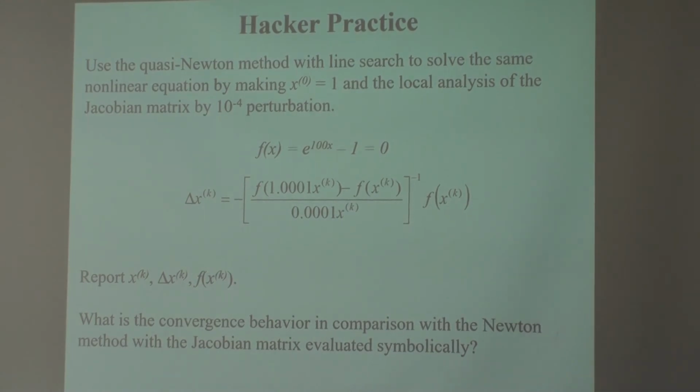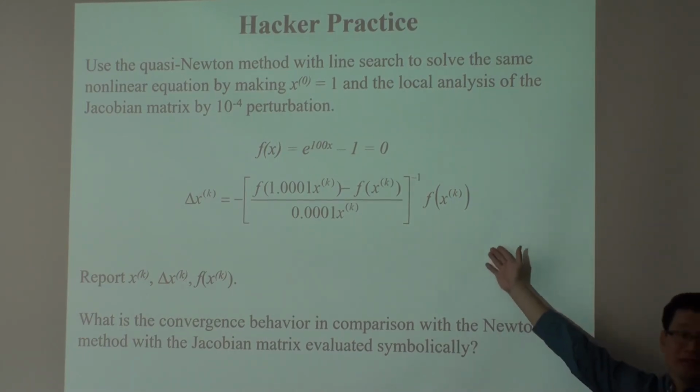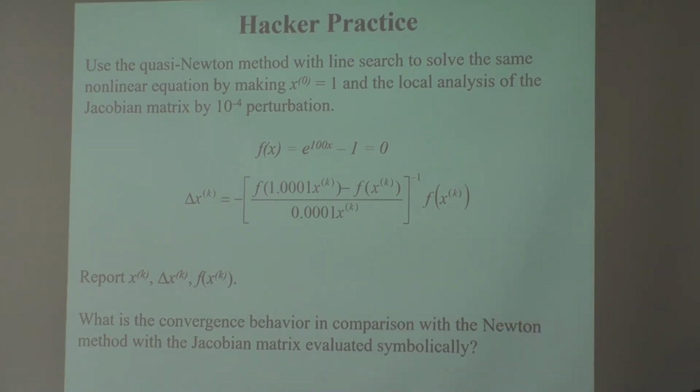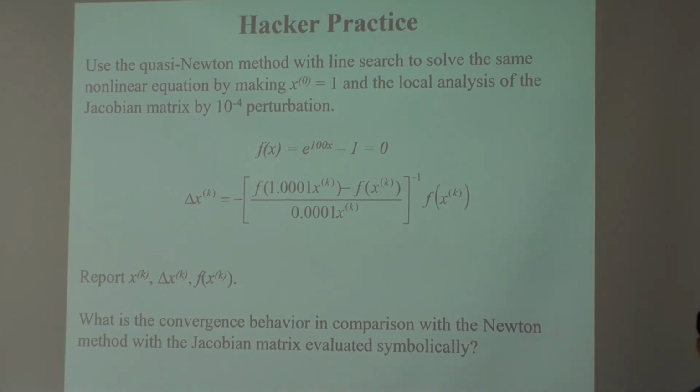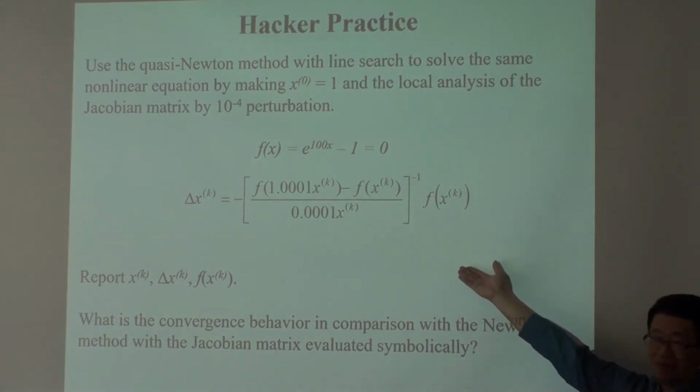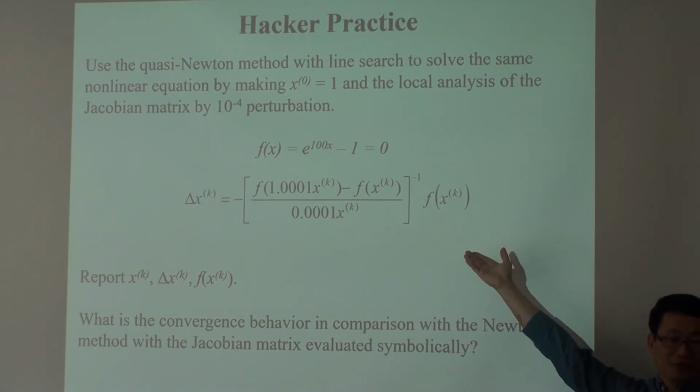So you get a taste of quasi-Newton. As I mentioned, in the multivariable case, many times this is the only thing you can do, because the symbolic form doesn't exist. You have to do this. This also shows you the importance of choosing the tolerance, because now I introduce a local analysis. That means your search is also subject to round-off error in the evaluation of your slope. So if you make your tolerance unreasonably small, because you have a precision problem, you can never achieve that tolerance. You get that taste.